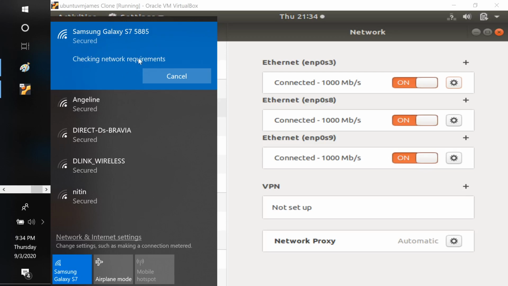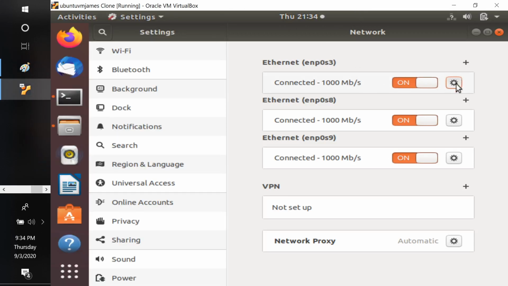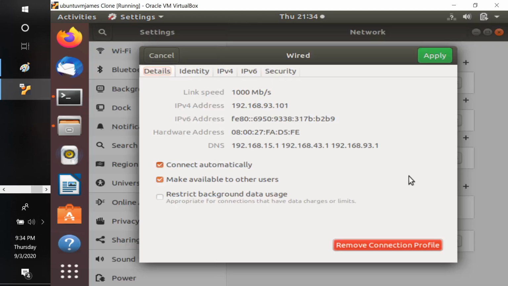So this is creating a Wi-Fi network. Okay, remember this. Is my mobile phone? That's because of some issue with my mobile phone. Okay, anyway, so this is my